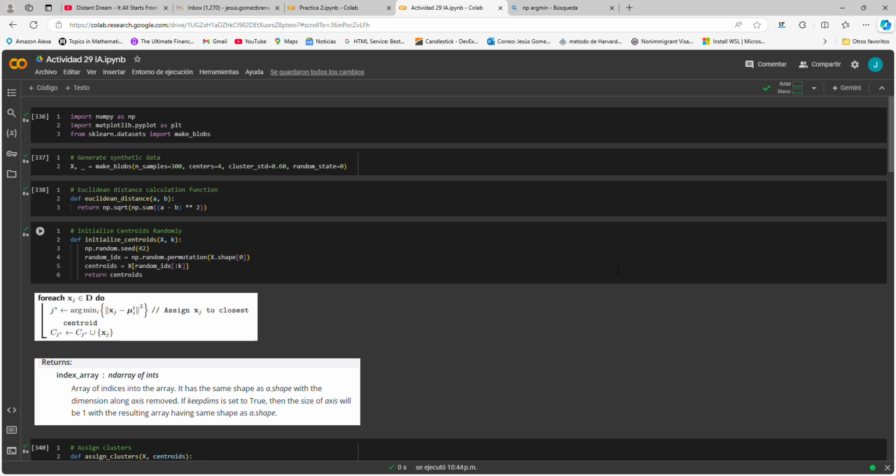Today we're going to be talking about the k-means algorithm. The algorithm starts by making different blobs of data. This data is going to be centered around 4 different areas with a standard deviation away from that center of 0.6, and we're going to have a random sample of 300, and we have a